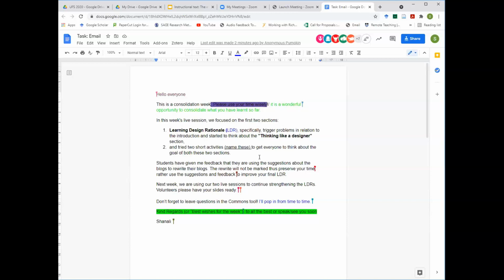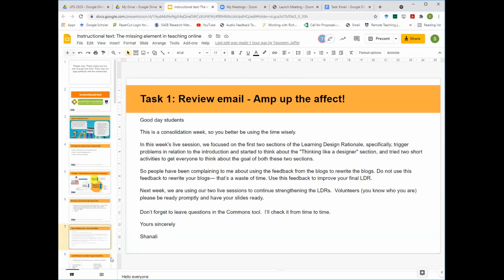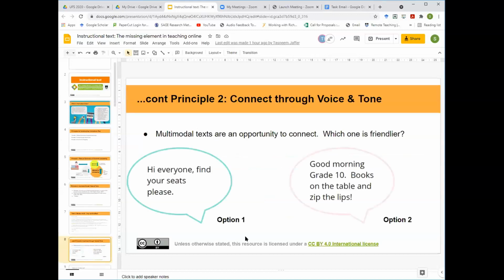I don't know if I gave any really good examples in here of spaces where people could do the kind of URL hyperlinking, but hyperlinks are a great way in the online space to help students to navigate things quickly and easily. Okay, so just to do a little bit of emphasizing around principle 2,